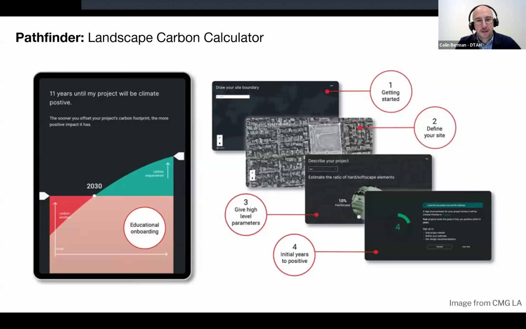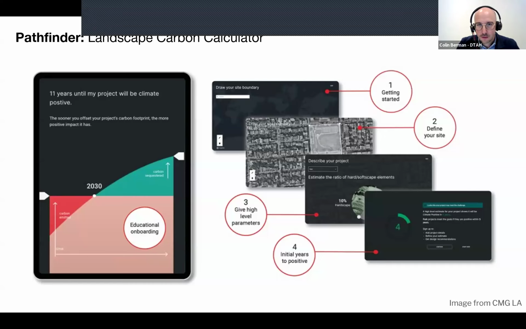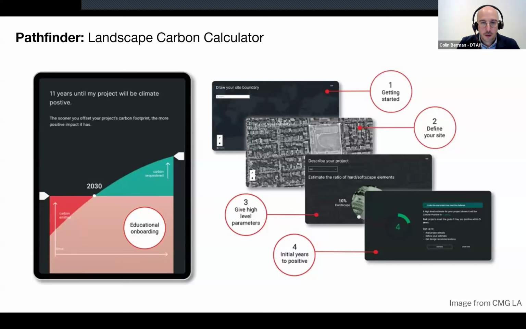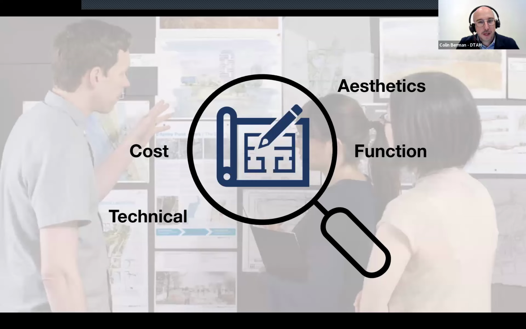In 2019, a freely available tool designed specifically for landscape architects working on site design was introduced to the industry. This tool allows us to measure the carbon impacts of our projects, from materials to construction methods, as well as their potential for carbon sequestration. It also provides a way to compare different design strategies, helping us to make informed choices throughout the design process. It has become a powerful tool and has created a new lens through which we approach design.